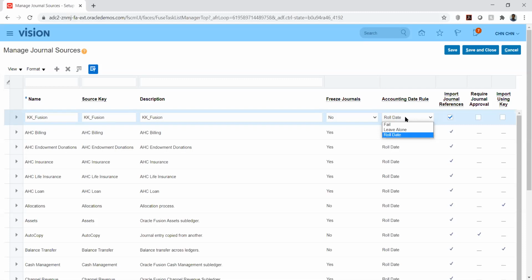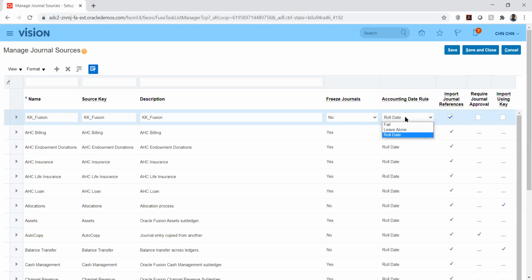So in that case, that's what I'm asking. So I can only keep leave alone. If I keep leave alone, it will lie over there, but it will not throw an error, or it will still be in the August period and we will not be able to post it. Is that right? Yes, correct. And what is fail?